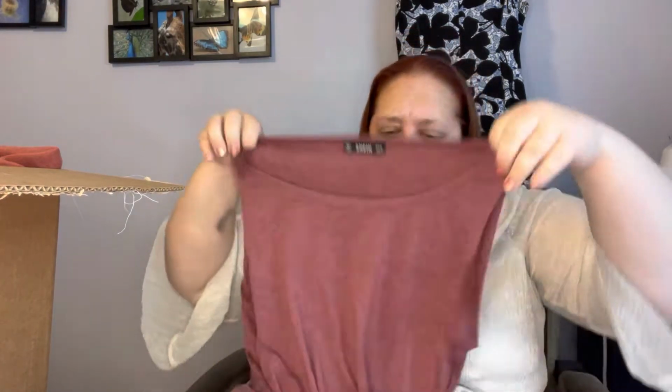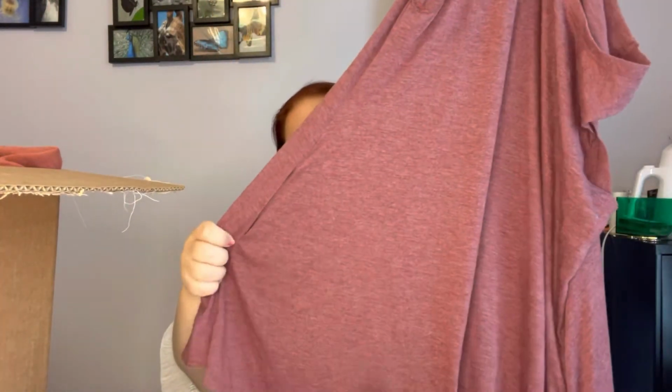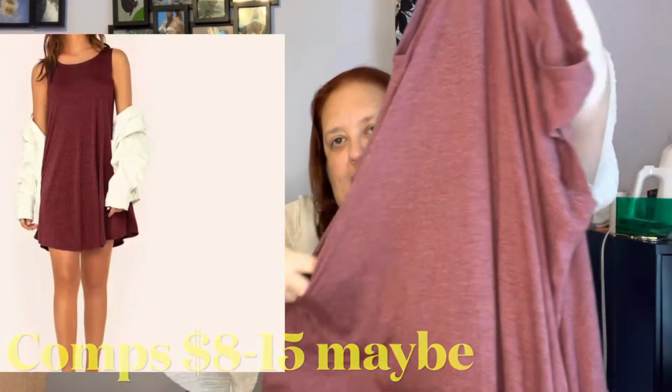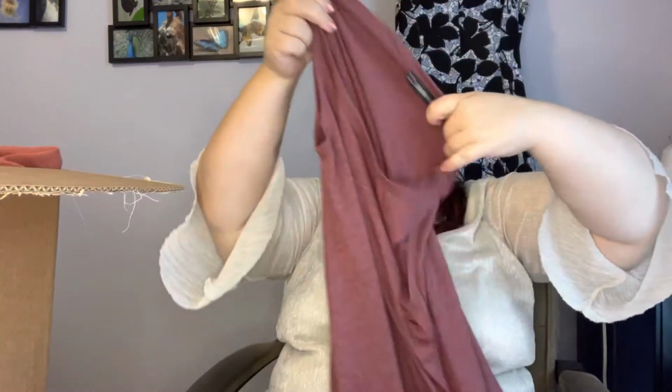And it's a size medium. And it's just a long, I don't know. I thought it was just a tunic top, but it might be a dress because it does have pockets. But that would be a very, very short dress, I feel like. But maybe I'll put it on the mannequin and we'll see what it looks like. This is